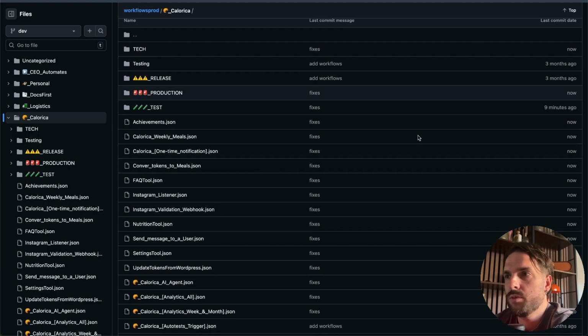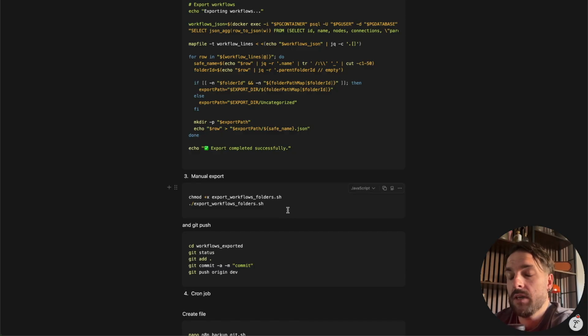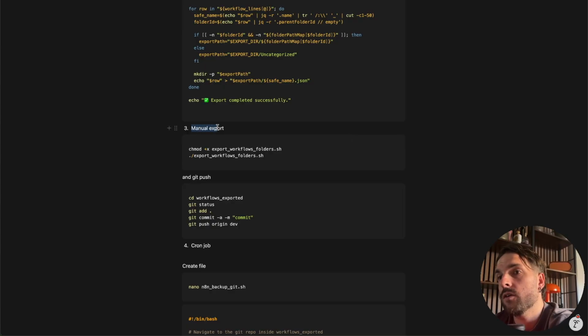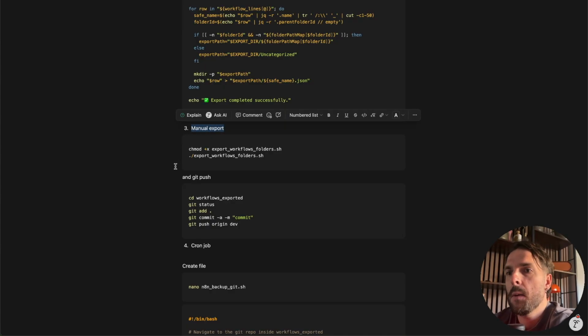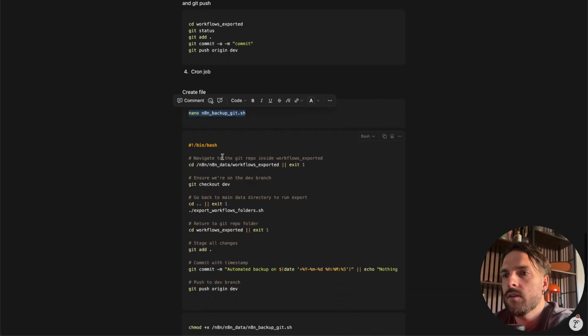But obviously, you don't want to do all this manual job. Me neither. So I automated it a bit more. First of all, you can always do a manual export like I did now and push it like this. But you can also add a cron job. It's pretty easy. You can simply create a file and then put some commands in this file.